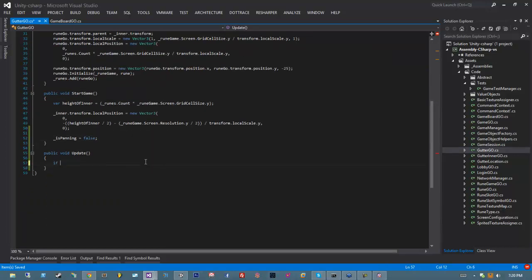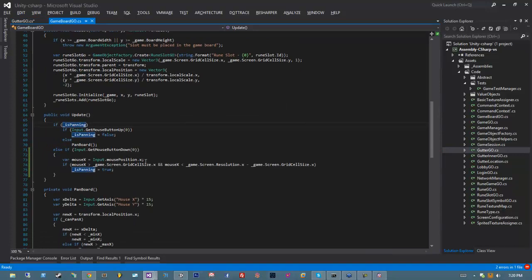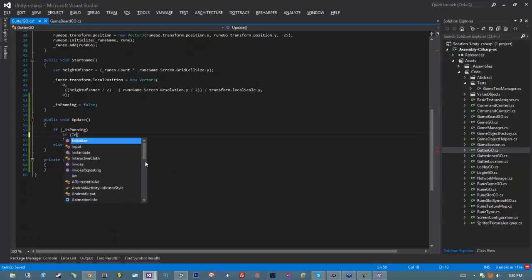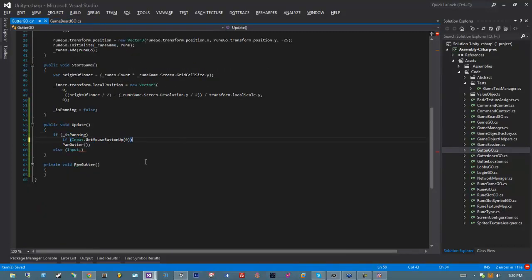Now in Update, if we are panning, then pan gutter. Otherwise, if we're panning and Input.GetMouseButtonUp(0), that is going to reset our isPanning to false. Otherwise, pan the gutter. Next up, if our GetMouseButtonDown